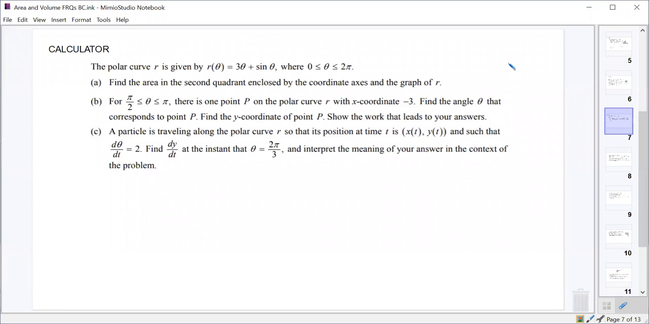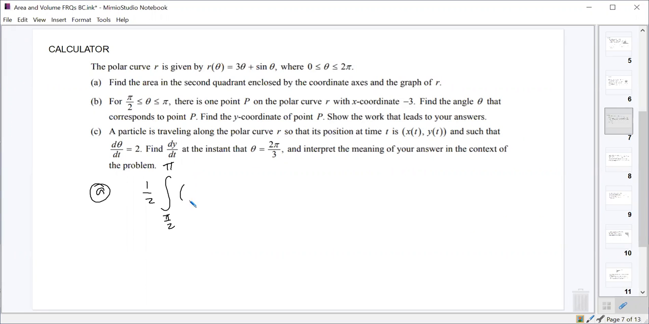All right, so we're starting off with this polar curve r of theta equals 3 theta plus sine theta from 0 to 2 pi. And we want to find the area in the second quadrant. And this is a calculator question, so you could go in and graph this and see what it looks like. But if we're specifically talking second quadrant, we should know that we need to do our integral from pi over 2 to pi. So we'll do 1/2 of an integral from pi over 2 to pi of our r value